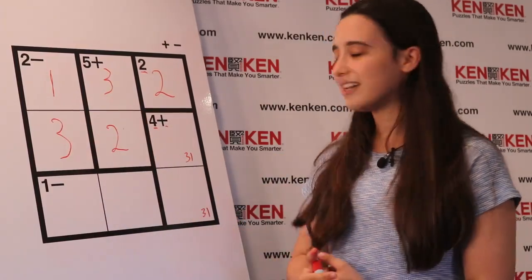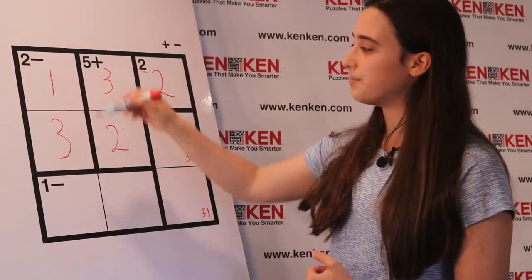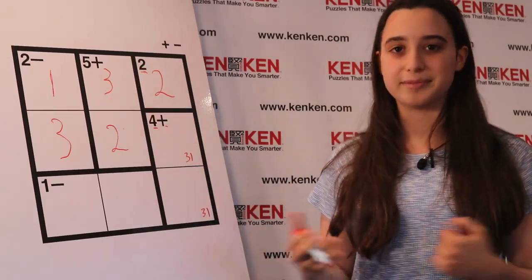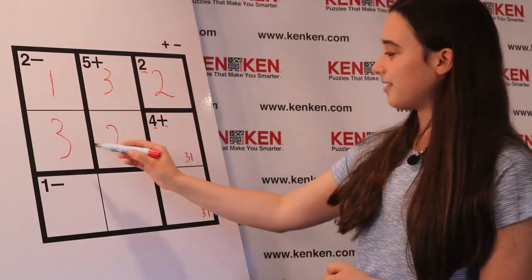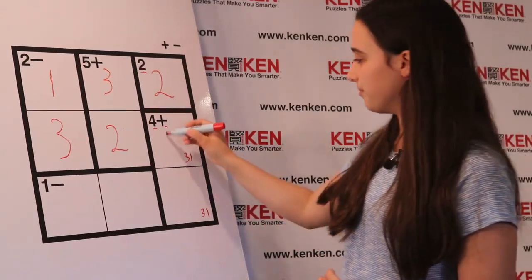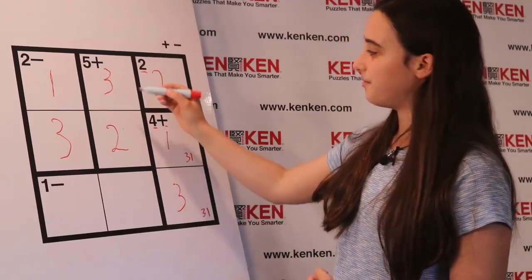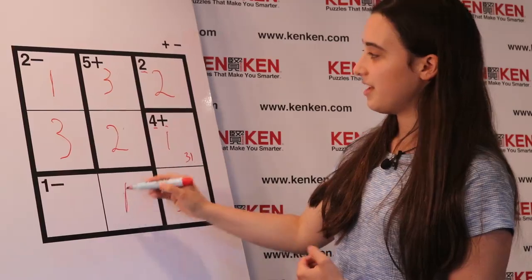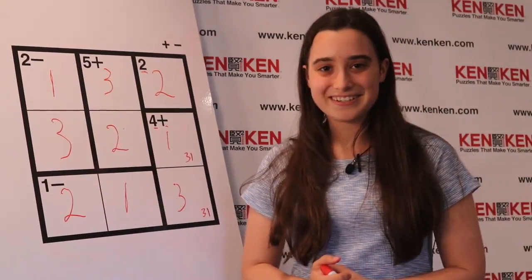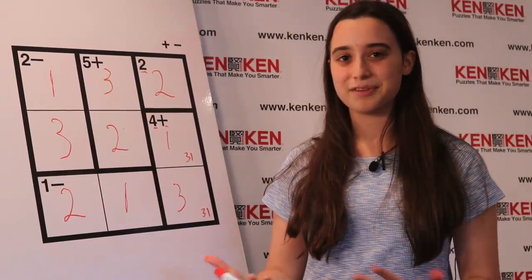And what's kind of interesting about KenKen is that the 1 can go above the 3 in a 2 minus, or the 3 can go above the 1. The order actually isn't important. And if we already know that there's a 3 here, we can't have a 3 again, because that would repeat, so we'll put a 1 there, a 3 there. And then if we have a 3 and a 2, that'll be a 1, and 2 minus 1 is equal to 1. So I hope this was a good introduction to KenKen and that you guys learned a little more